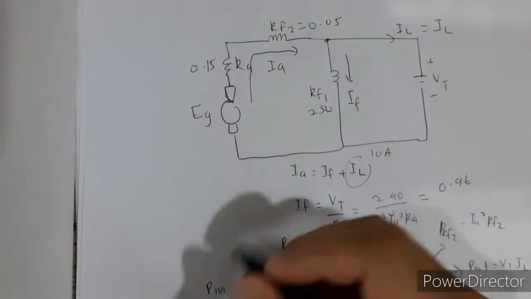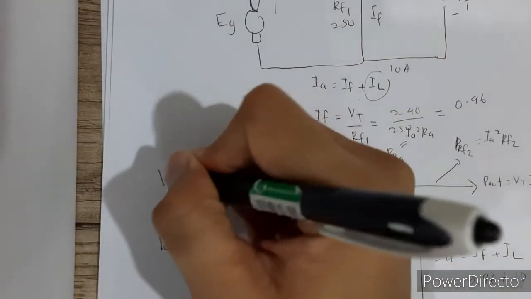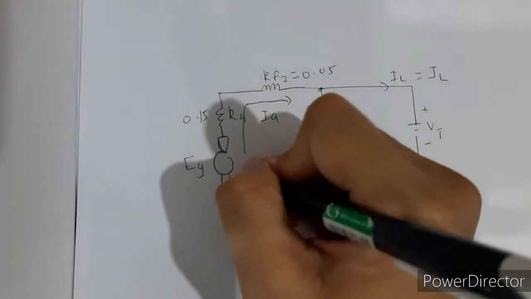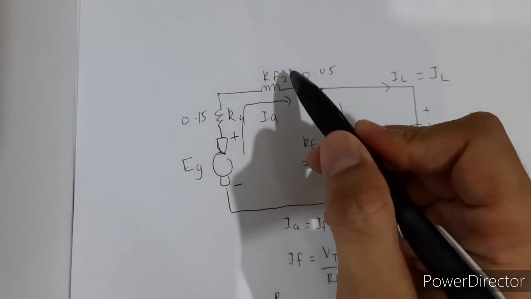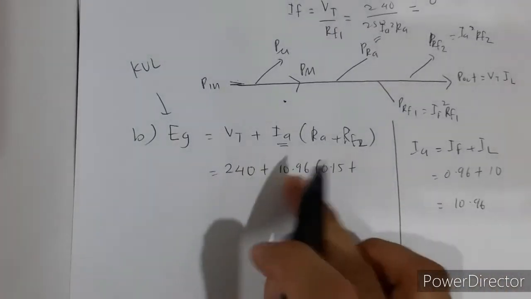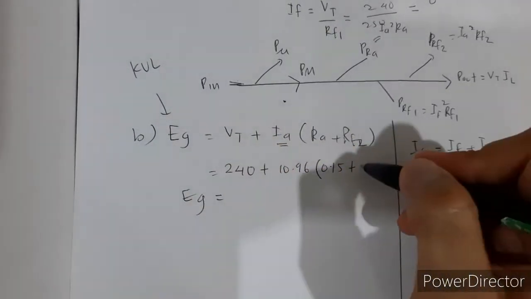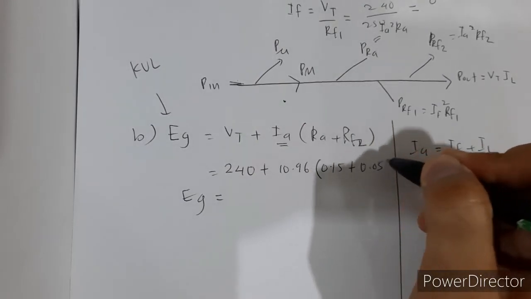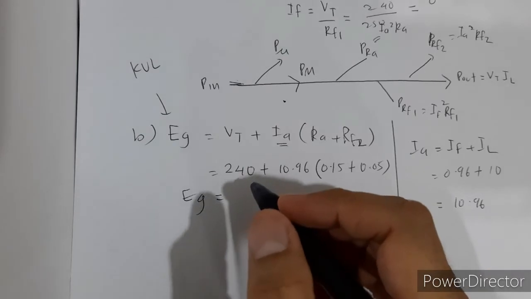This equation is actually based on KVL. Negative EG plus IA RA plus IA RF2 plus VT equals 0, and then we rearrange, and we will get this one. So EG equals, RF2 is 0.05. So you can calculate. So the EG is